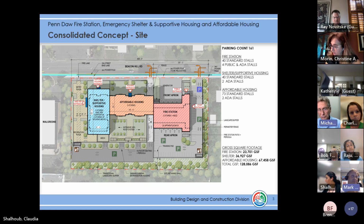Well, yes, we would. As you can see from the plan, the affordable housing is immediately adjacent, and it gives us the opportunity to do a single elevator bank with a key card entrance, so the elevator only works for whatever access you have. And it allows one elevator to come up on the left edge of affordable housing. The supportive housing would be adjacent, but on their side of the line. And the shelter would be on the other side of that. So that way the core stack fits neatly in